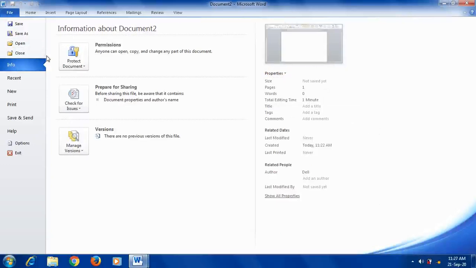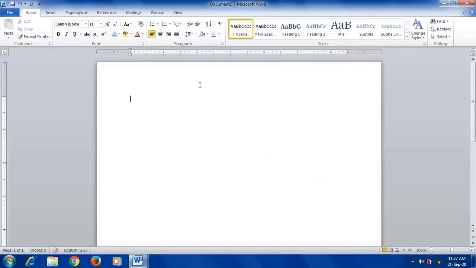So this is all about file tab. Next is working area. This white area is called a working area. In this area only we are going to type. For example, let me type one sentence. It is a large area where you can type, edit and format the text. Now see, I have typed the text. I am going to edit, in the sense make the changes. I will add another line.